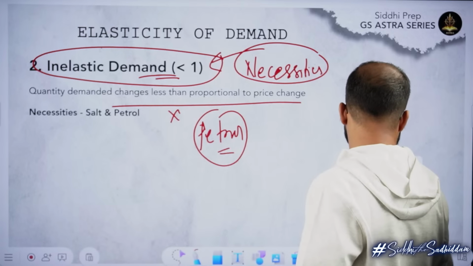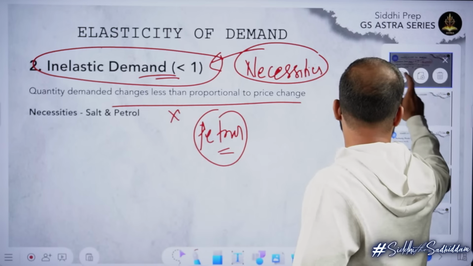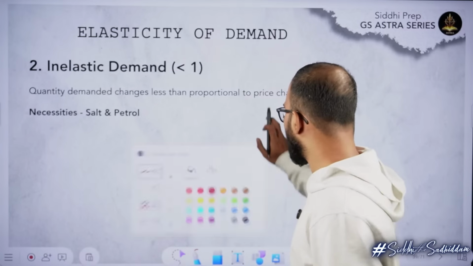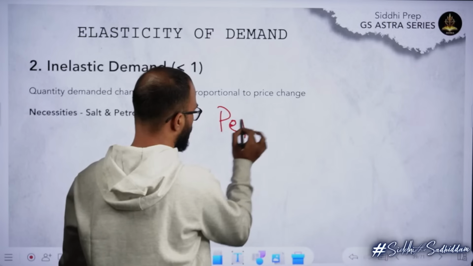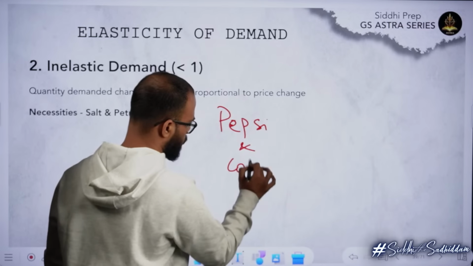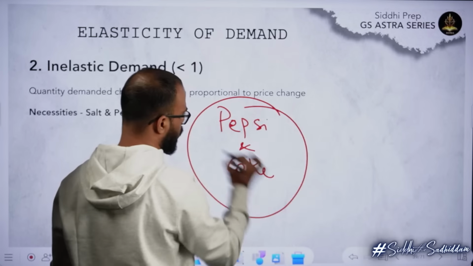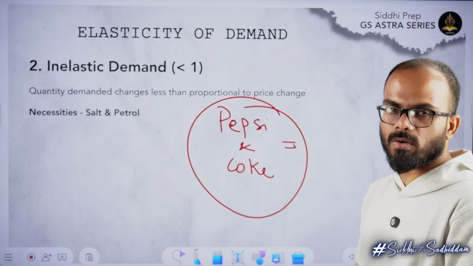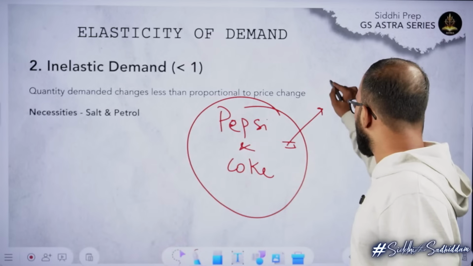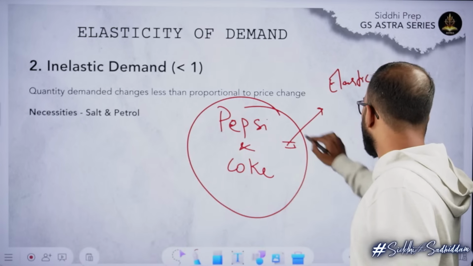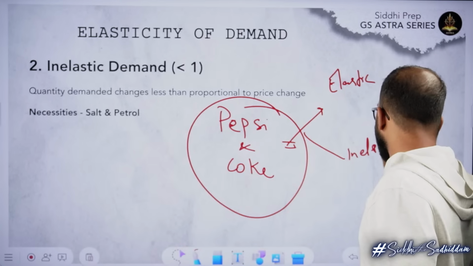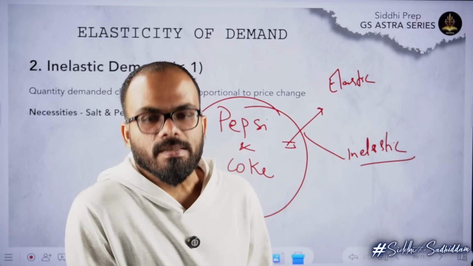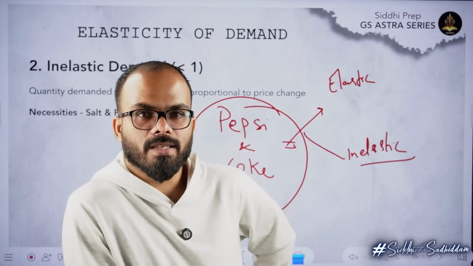Now I will write one example. You tell me whether the demand for that product is elastic or inelastic. Let us see how you have understood. The example is with respect to Pepsi and Coke. With respect to these two products, do you think it has elastic demand or inelastic demand? If you can answer this, you can answer any question. In the exam, you can handle any kind of example. So please tell me, with respect to Pepsi and Coke, what do you think is the case?